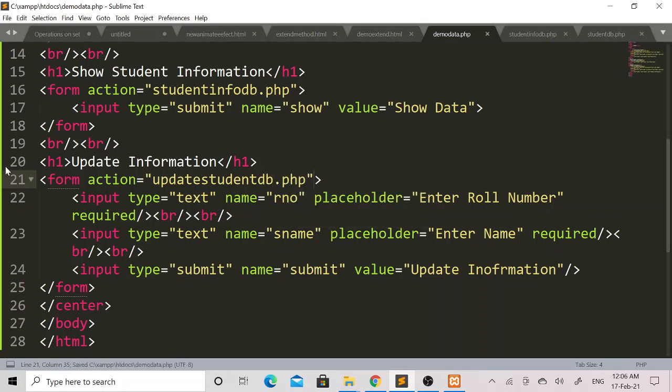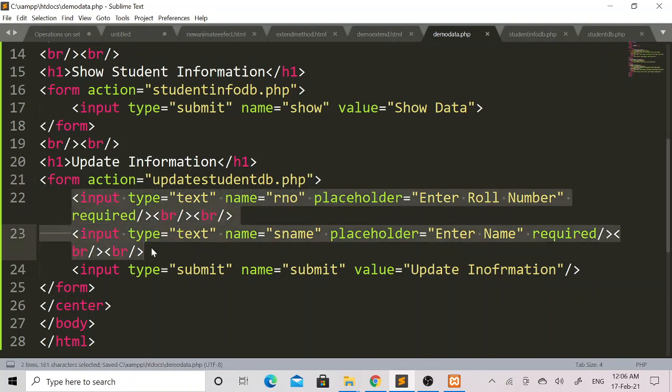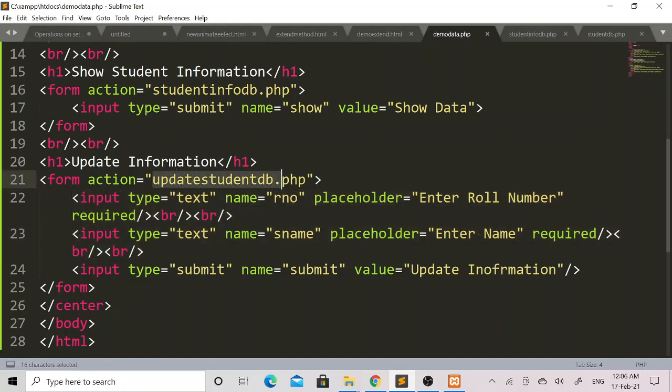So whenever the user fills the values in the given input text fields and clicks on the update information button, the user will be redirected and the data entered within the respective text fields will be transferred using an HTTP method to this update student db.php page. And to transfer this data, I will add the HTTP POST method. For that purpose, I will mention here the method attribute and I will set the post HTTP method.